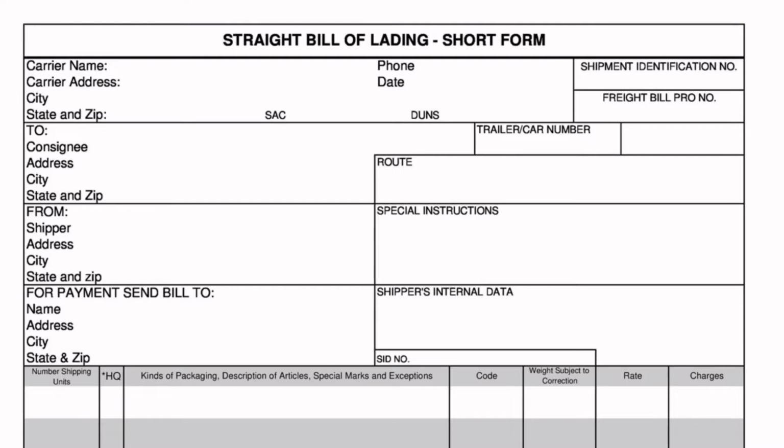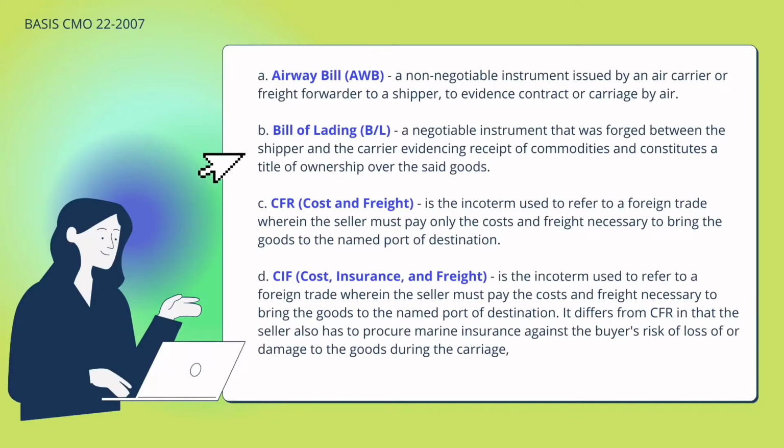So, mao ni siya ang contract between nimo, sa owner sa goods, sa carrier nga nag-state kung unsa ang goods na ang imong gi-ship, og where the goods came from, og asa siya padulong. It also serves as a receipt issued by the carrier once your shipment is picked up.